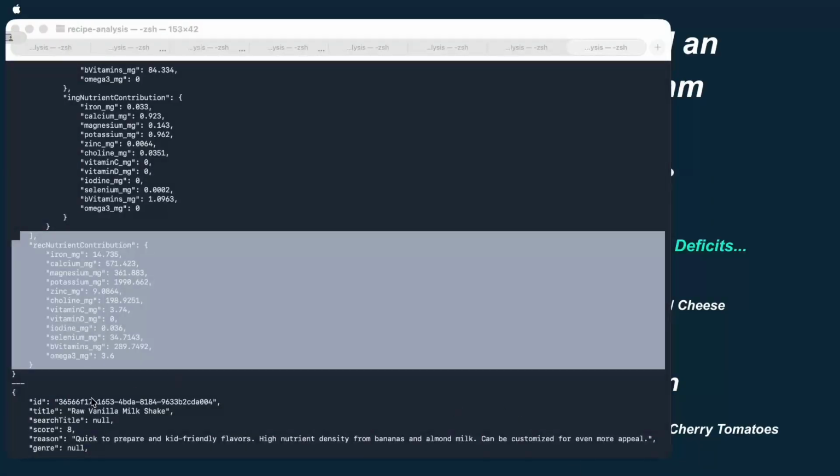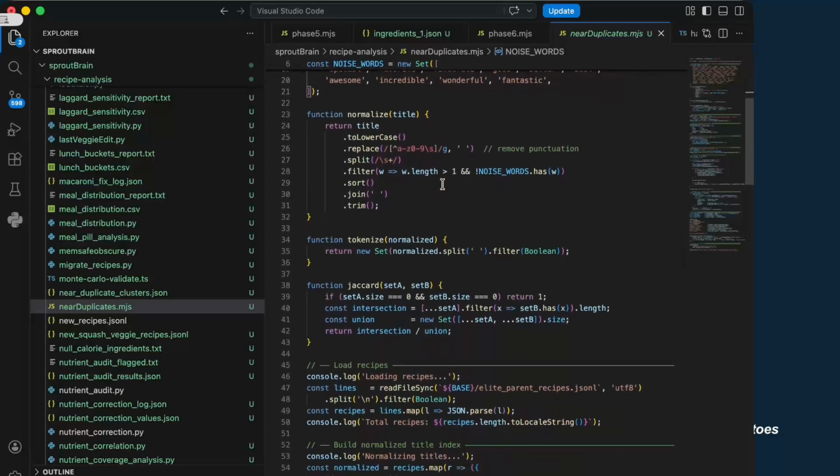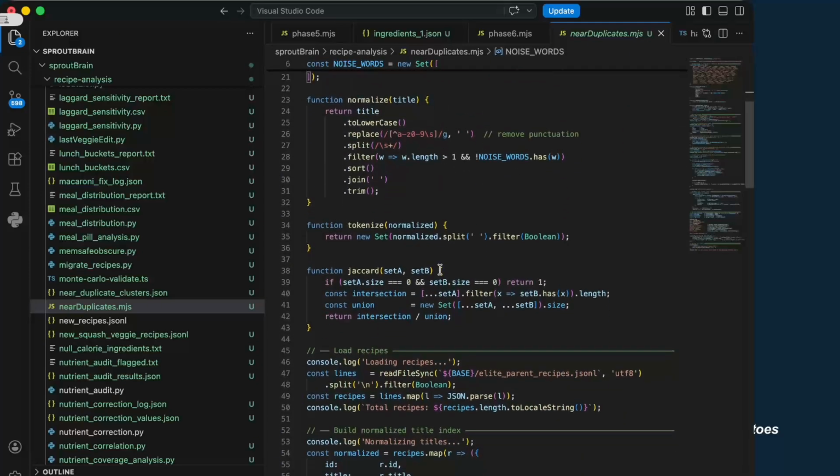Cool. So one last thing, when I looked at our recipe names through a number of audits, I found that there were quite a few duplicates or near duplicates, things like chicken noodle soup and chicken vegetable noodle soup, right? Virtually the same thing. And so I wrote a script with Gemini to look for noise words, as well as create a